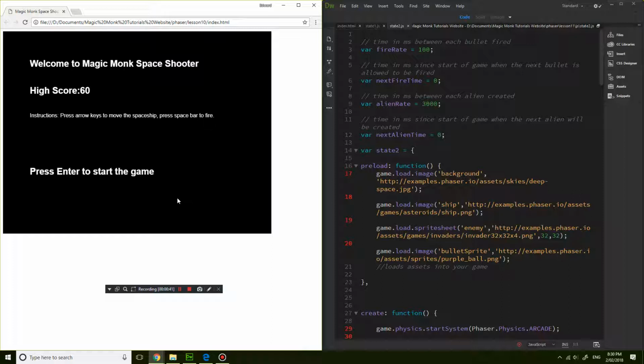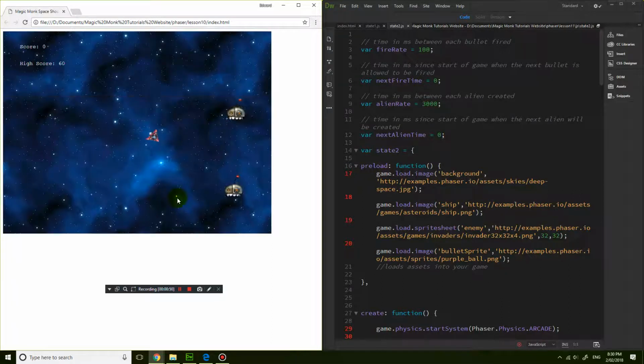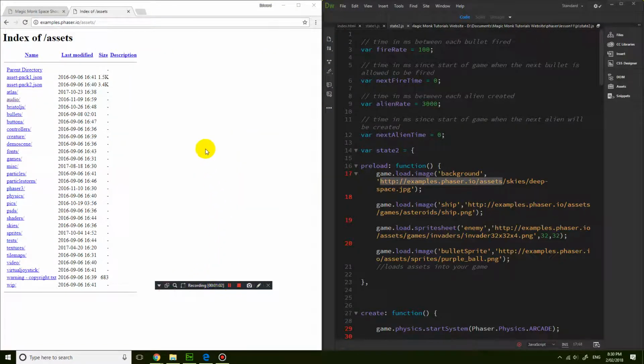But a game with just score and shooting and that without any sound is sort of boring. So we want to explore how to add a bit of sound. The first thing we want to decide is what kind of sound we want. So let's browse the Phaser examples to see what sound they have. So you can see I am at